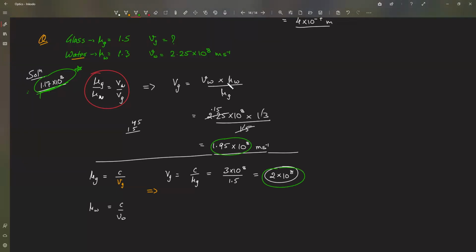Right? So actually, I got the same expression as above, as what you got in the first step. So that is a calculation mistake. I made a calculation mistake. That's why I got a different answer. But I got the same step. That is 2.2 into power 8 into 1.3 by 1.5. Yes, you will get the same. Okay, so maybe some calculation mistake, ultimately you will get the same answer, that is 1.95 into 10 to the power 8.